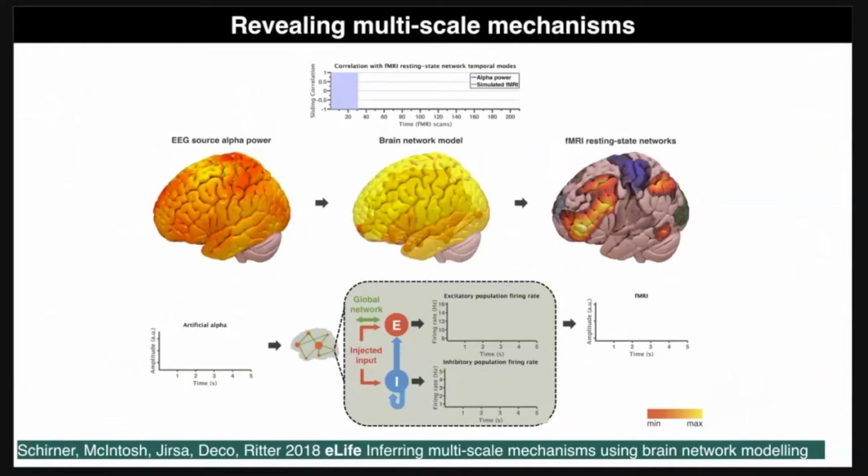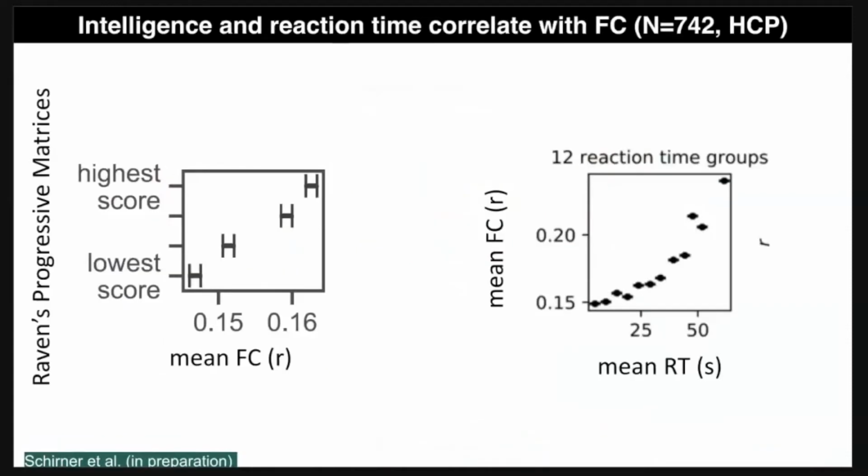And this is the crucial and amazing part, that we are able to capture those resting state network fluctuations that we can also measure with our brain models. And with the help of our brain models, we can also reveal the underlying neuronal interactions that possibly give rise to these large-scale observations. So now the functional connectivity has been explored among others in the Human Connectome Project, and there are some publications out that relate intelligence to functional connectivity.